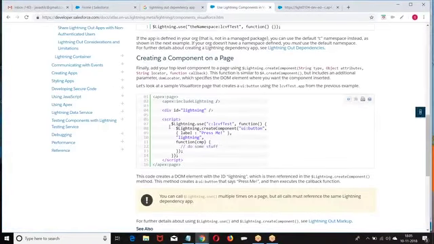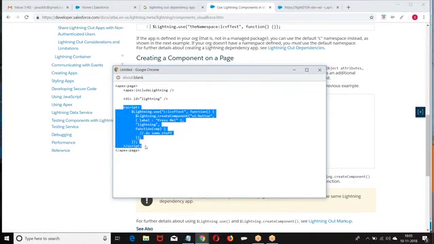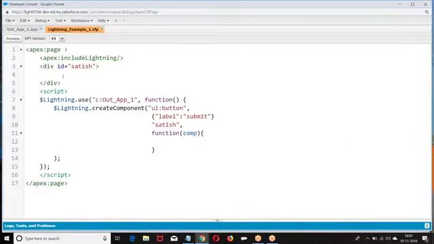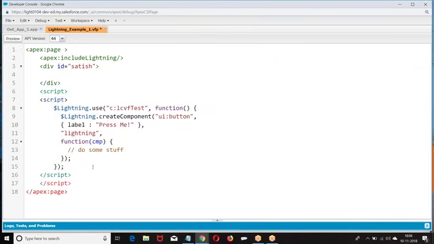Maybe after label there should be a comma. Pardon me. Commas I have given. Let me cross-check. Maybe a small error. Let me check it out. I don't want to spend the time on debugging.